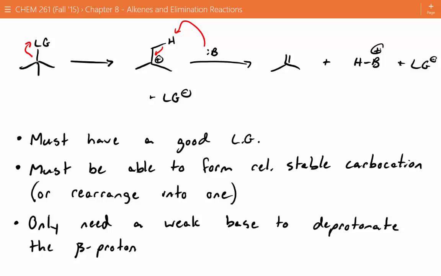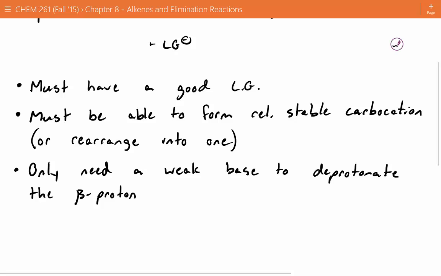What if we use a really strong base? Would it be an E1 reaction anymore? What would happen if we had a strong base? It would do E2. So even though it's a tertiary carbon, it could still do an E2 reaction. So we only want a weak base. So let's make a note of that. Strong base will give E2,